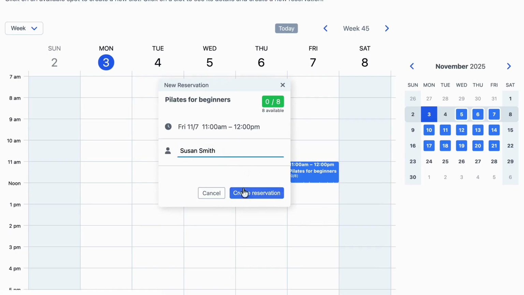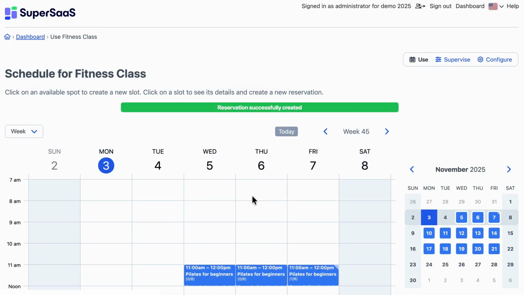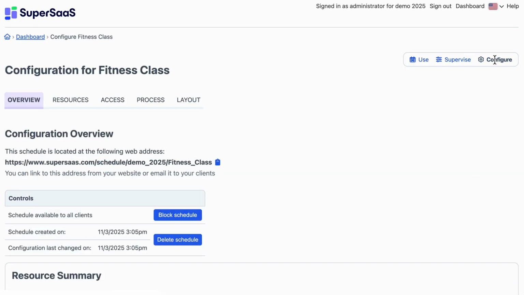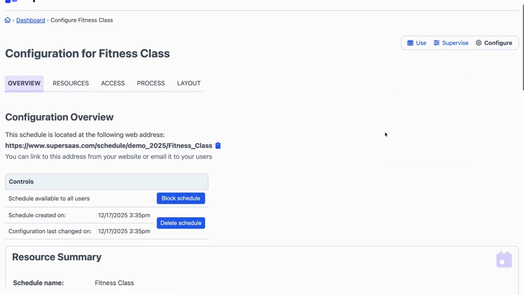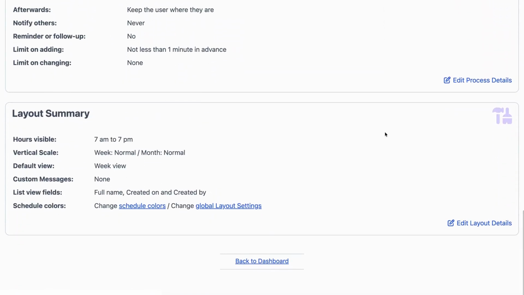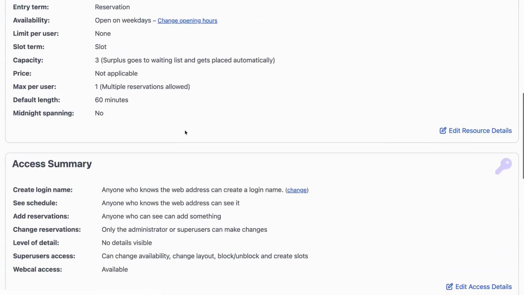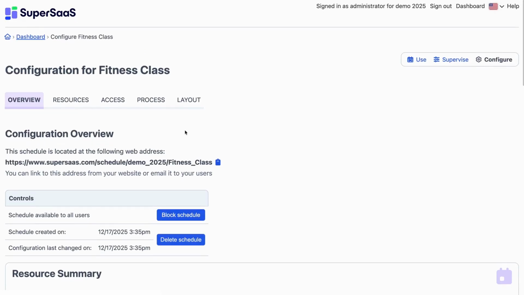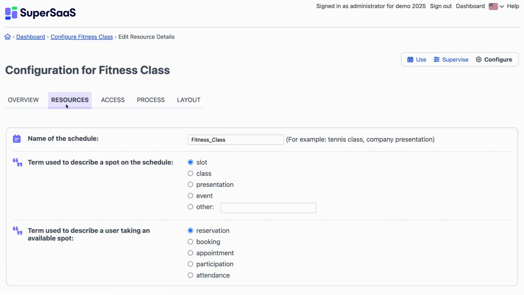There are many more options you can add to the booking process. Click Configure in the upper right corner to go to further settings. On the Overview tab, you find a summary of your current settings and the ability to delete or block a schedule. Click on Resources. On this tab, you'll find the options you can change or add to the schedule.